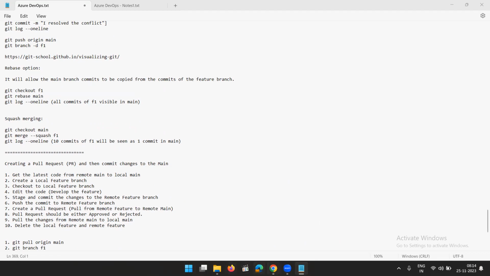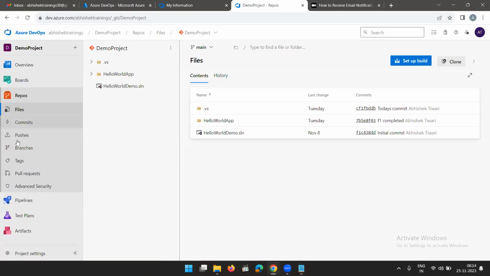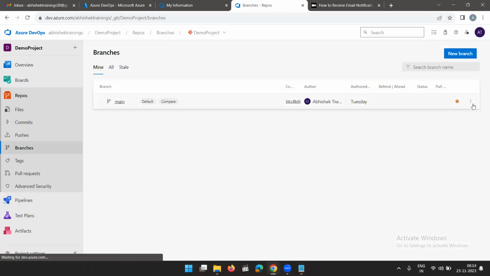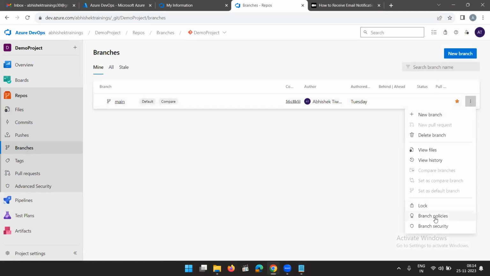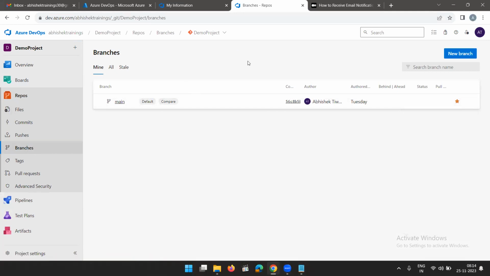Day before yesterday, we were looking into different options like branches, and we have seen different branch policies, branch security, what is lock, how to create a new branch, how to delete a branch, how to lock a branch. So we can perform all these things from this options menu. And apart from that,